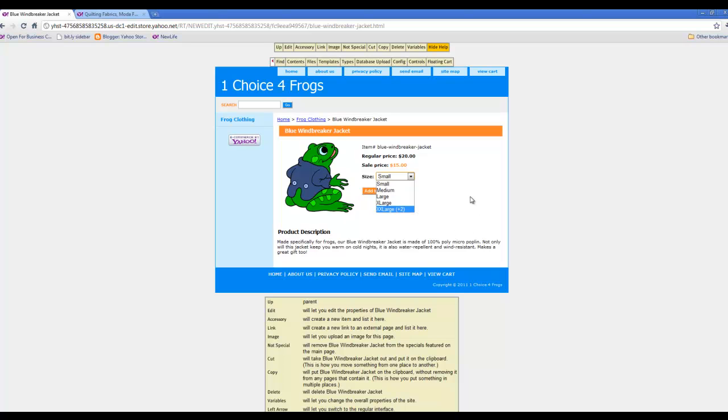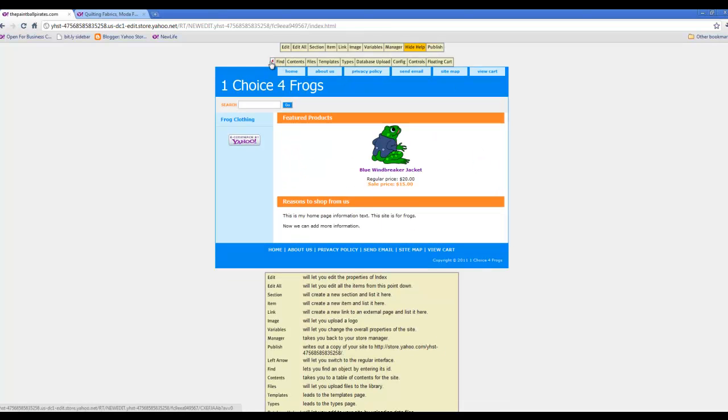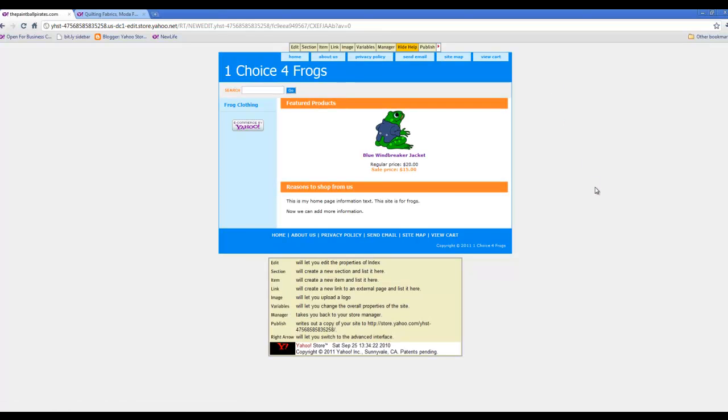So how would we add products in our store editor? Well, this is very, very simple. As a matter of fact, the Yahoo Store is so simple that a lot of people get very confused thinking